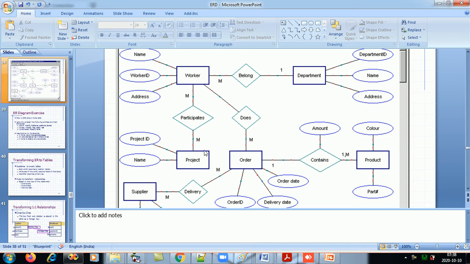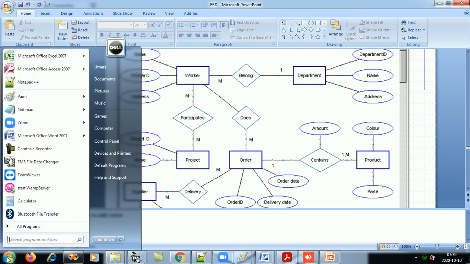So, as you are seeing on the screen, this is an example of an ER diagram. The rectangles denote the entities. ER diagram stands for entity relationship diagram. The rectangles denote the entities, the diamonds denote the relationships, the ovals denote the attributes, and this one to many denotes the relationship. So if I can break it down for your understanding,